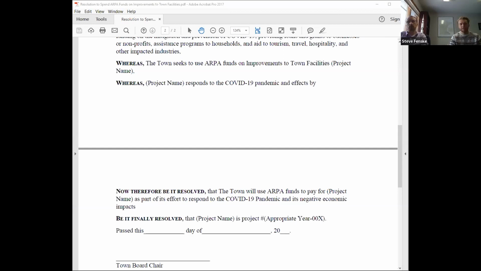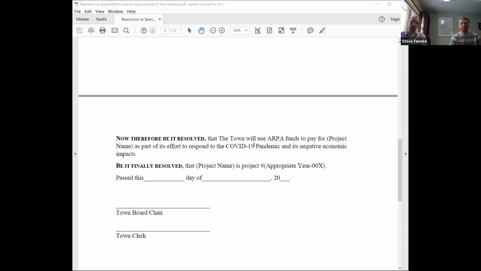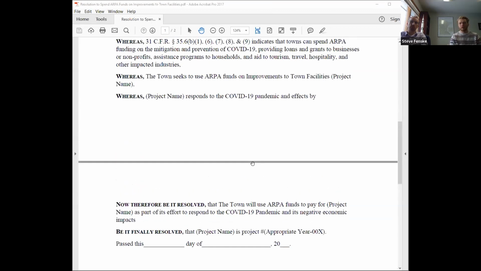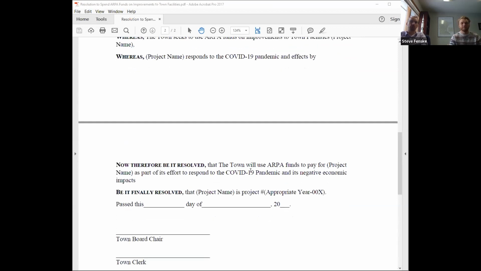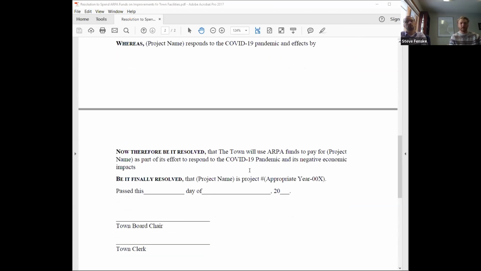So yeah, like Steve was saying, you will be looking at the project name here. This affects the pandemic response. The resolutions that will be up on the webpage will have text there, again clarifying those things that Steve said, either by adding a ramp or giving some general things as to what the town is doing there. And then you'll have the "now therefore be it resolved that" the project name, which is a title you give it, is a response to the pandemic listed through the reasoning in the whereas above.